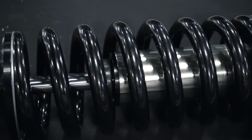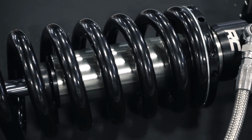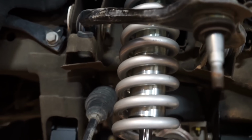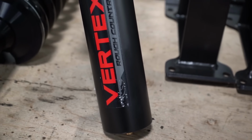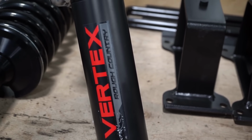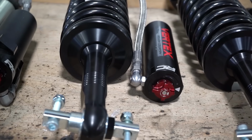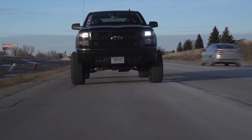So the math can get kind of confusing, but I'll try my best here to explain it. Anytime you're talking about springs, it's important to mention spring rate, which is how the spring reacts to weight. So for example, a 100 inch-pound spring will require 100 pounds of force in order to compress that spring 1 inch. So if you were to have the spring on a coilover at zero preload, when the weight of